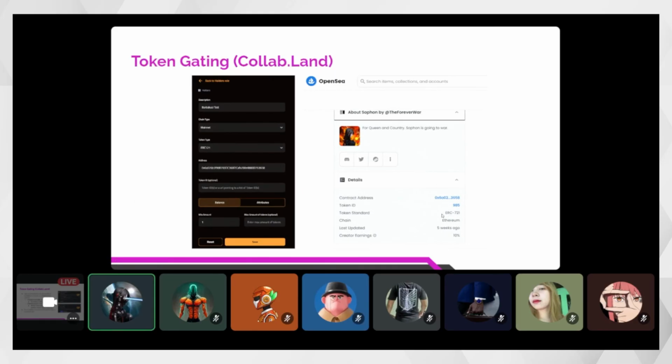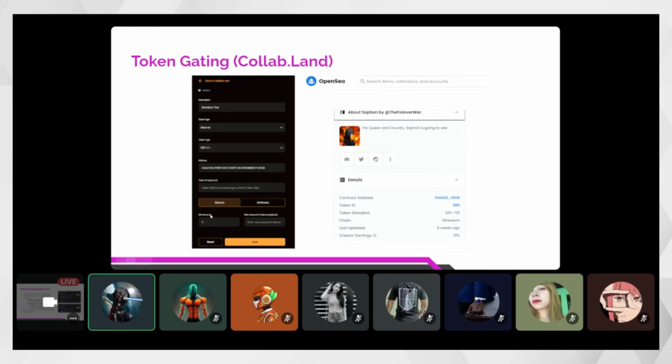And then this is a token standard. So here I see ERC721. So this is the NFT that we want to verify in their wallet. So we put ERC721 and the contract address. This is the address, the contract address. This is also coming in from OpenSea. Okay, so always check that the token type and contract address are correct whenever you're setting this up. Okay. So copy that and paste it here.